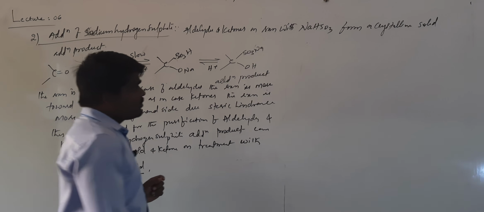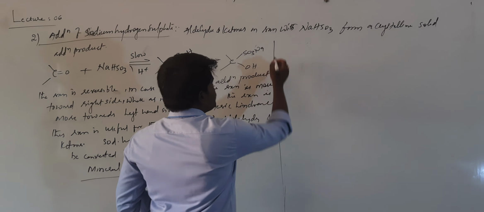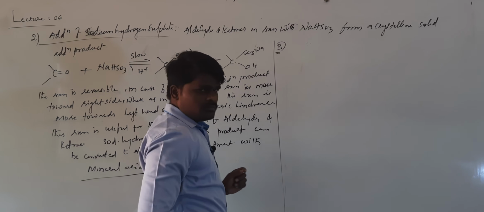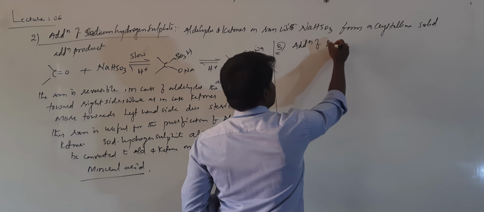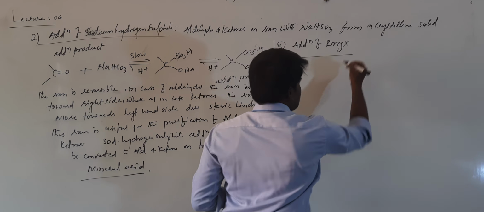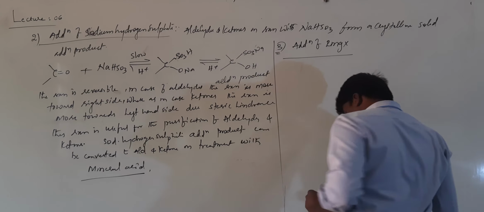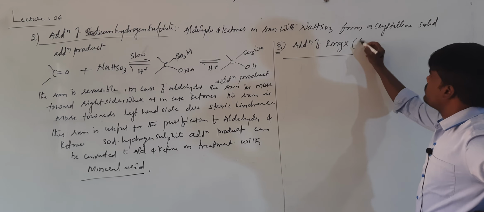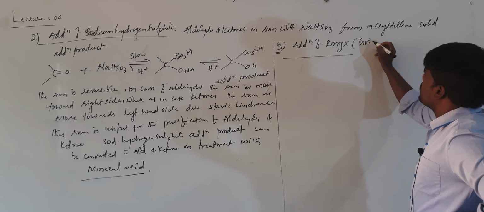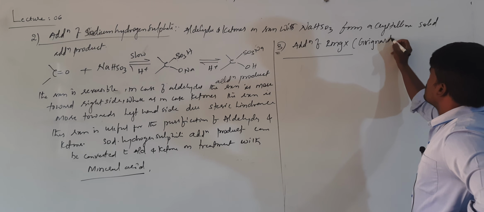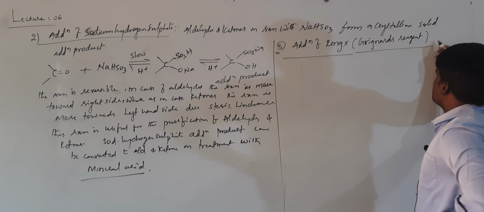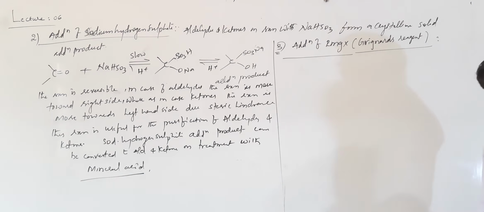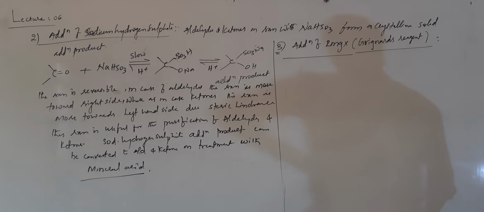If you are talking about the next reaction, that is the third one, addition of RMgX. What is RMgX? This is what we call Grignard reagent. What we call addition of Grignard's reagent, right? Now basically what happens,